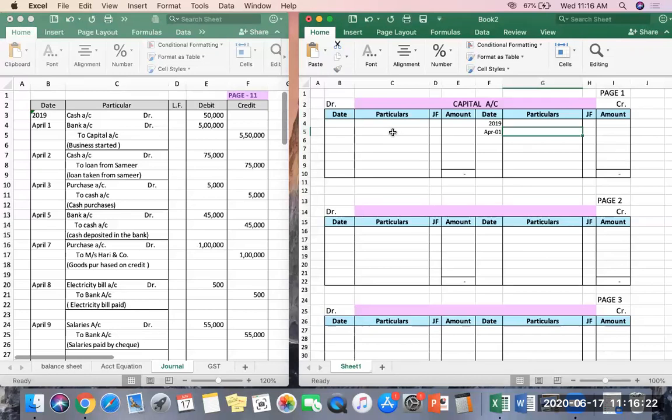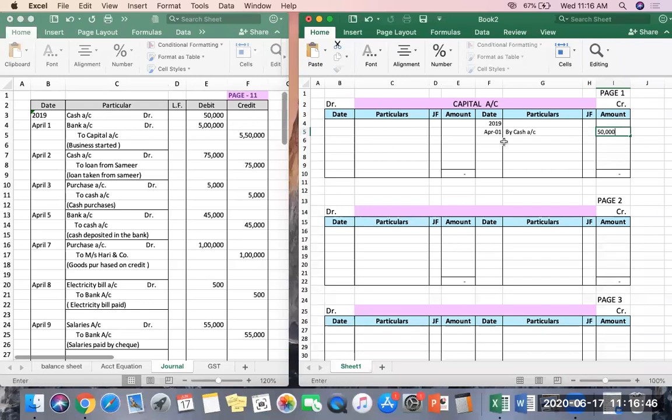Okay. Another thing is, in the ledger posting, when we do, debit side entries will always start with "To", and credit side entries will start with "By". We always write here as "By". Like I told you, the name of the opposite entries, so here you will write cash account. So how do we read it? By cash account. And against cash, how much is given? 50,000. You will write 50,000.